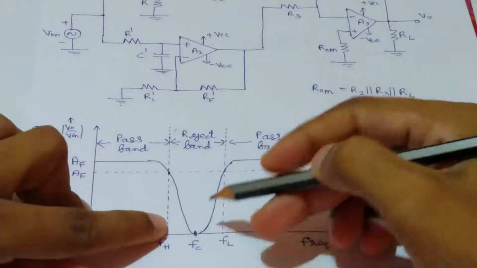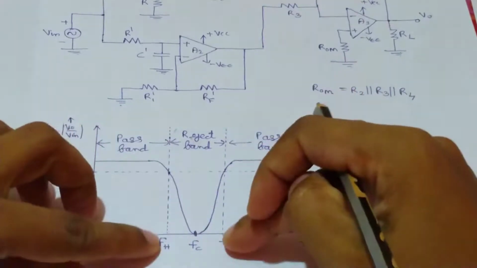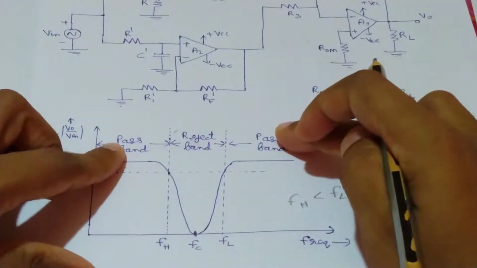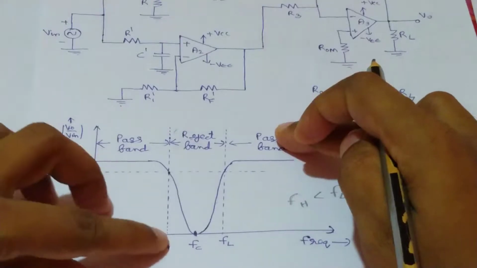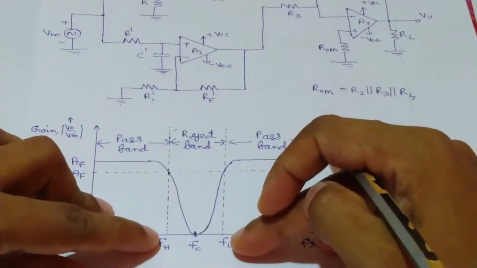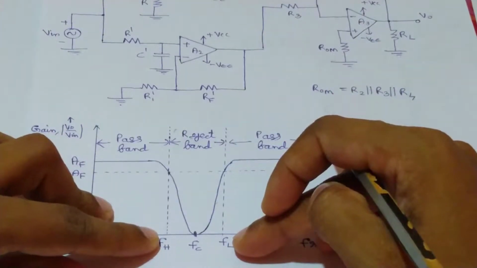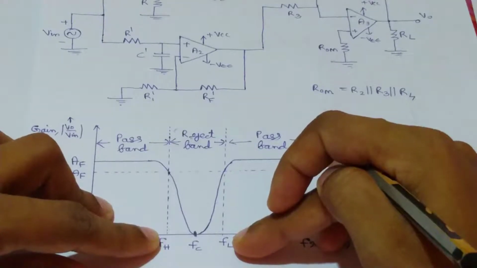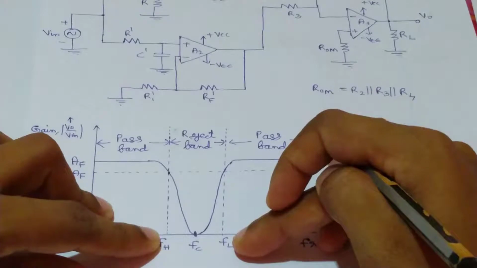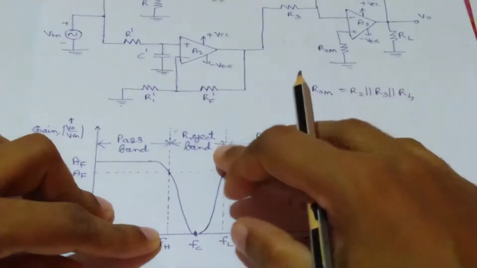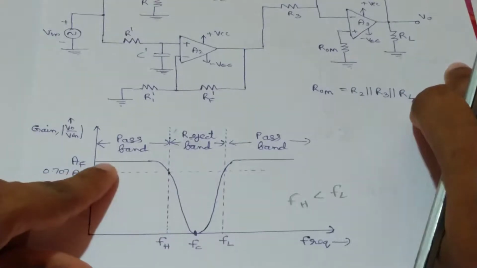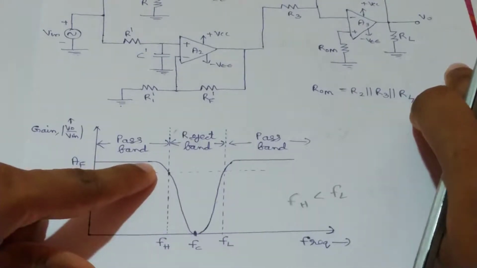Okay, so this is the reject band, and this one represents the pass band. We can see this filter rejects the frequencies that come between FH and FL, and it passes all the frequencies that are outside this band. And when we consider this frequency response, this AF, which is the pass band gain of this wide band reject filter,